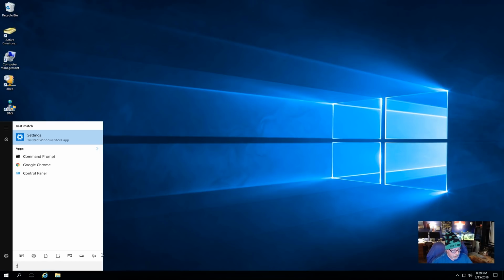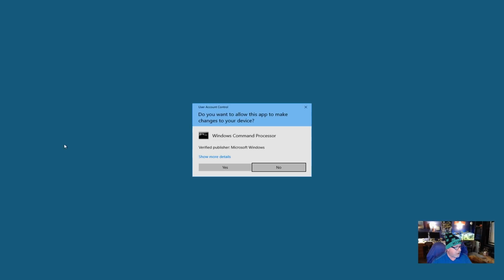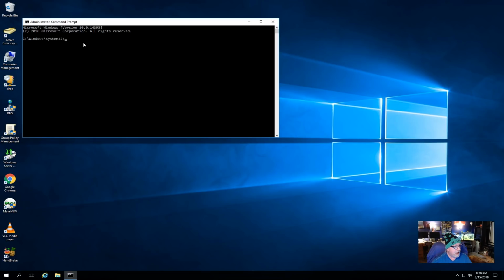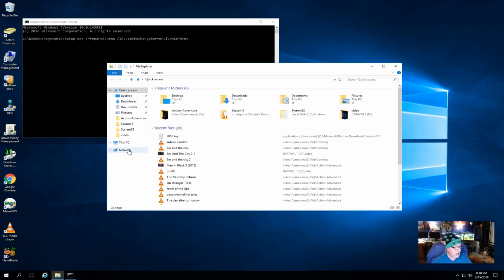So I need to go out to a command prompt as an administrator. And I need to run the following command. This will prepare the schema. Now, here's the problem. I don't have Exchange 2016 mounted. So I need to do that. So before I enter that command, I'm going to go out to the network,